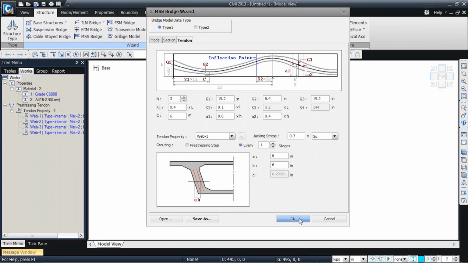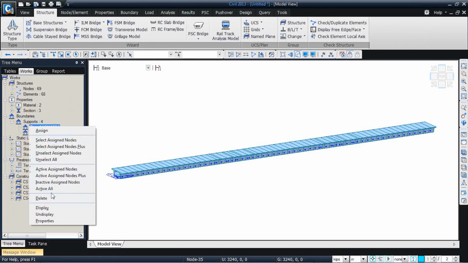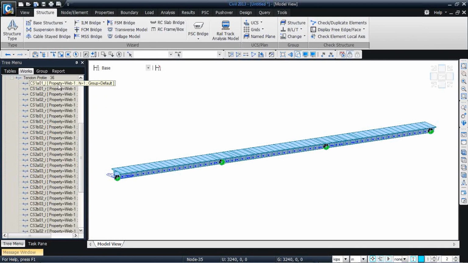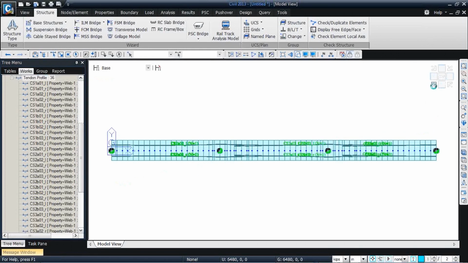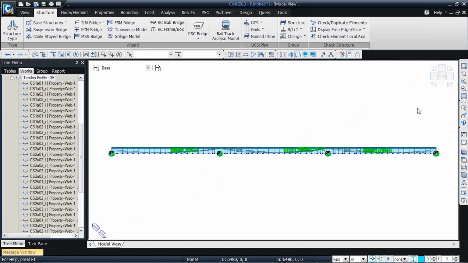So once I hit OK, you can see the bridge is created right here, and in the works tab you can see all the supports have been defined. So I'll just display the supports. I'll display all the tendon profiles here. So you can see the tendon profiles. Go to the top view, the side view, and I can go to the front view,